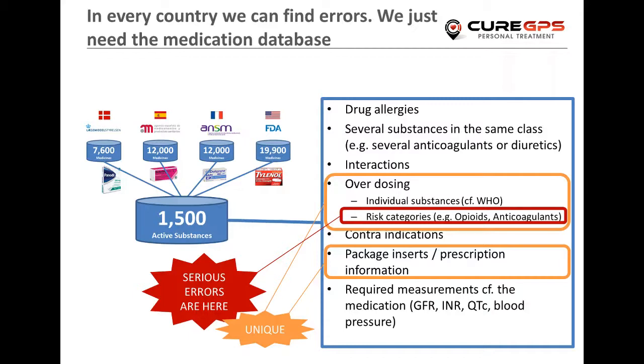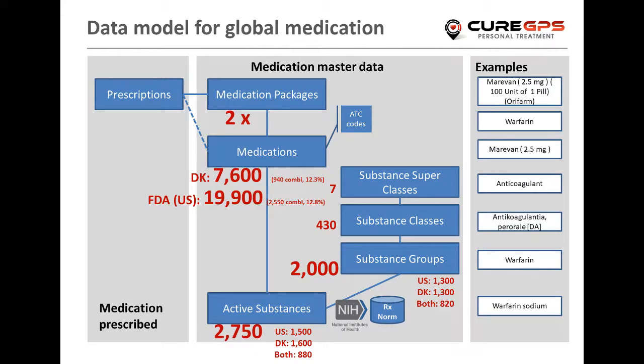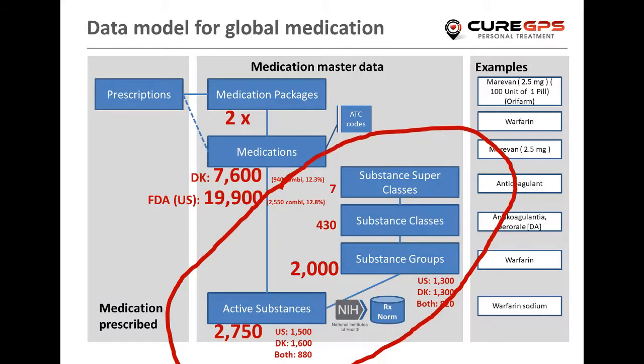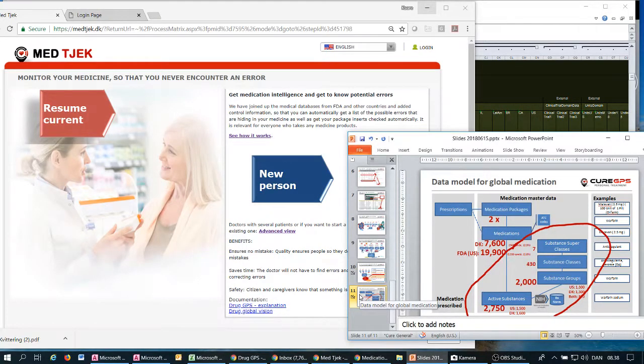he issues a prescription. And the thing is, we have done a pretty comprehensive data model underneath of the global stuff, and the point is we have one global database for the active substances and how they are grouped together, and then we make country specific medication lists that are based on these global active substances, and I will show you. The point is that